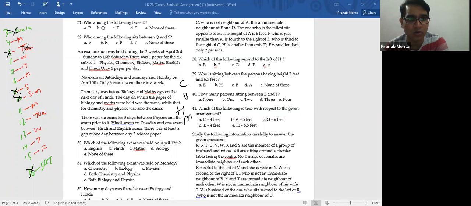And similarly here, remember, maths was on the next day of Hindi. All right. So maths was on the next day of Hindi. That means this has to be back to back. That is what they're saying. Maths was on the next day of Hindi. So you have to be a bit clear with the data. So maths and Hindi have to be back to back. All right. We'll wait, because we don't know when it's maths and when it is Hindi. So we'll wait. Let us see.